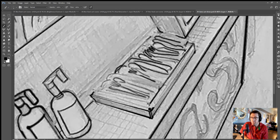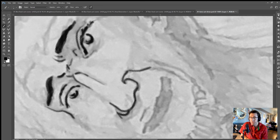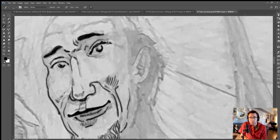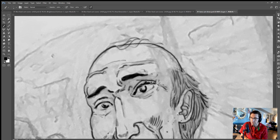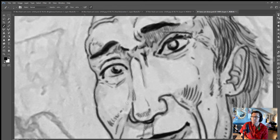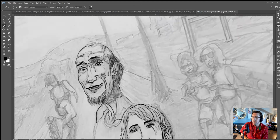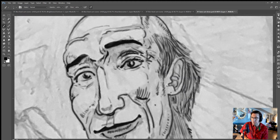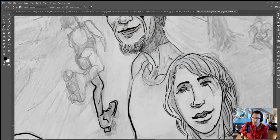So for this project, we started with a couple of pencil drawings until I landed on one that seemed like the one that we wanted to go all the way through to color with. After penciling, I took a good photograph of it and brought it into Photoshop. Photoshop is great for drawings because you can do things like cut an eye and move it around and resize it. You can make the drawing exactly how you want it